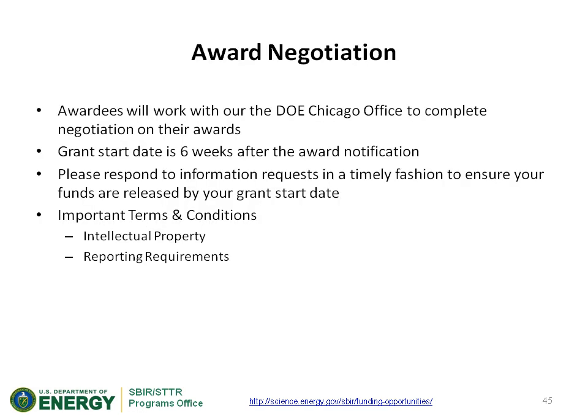I guess once you are selected for award, as I mentioned before, you'll work with our Chicago office to finalize the award. They will review your budgets, discuss issues with you such as overhead rates. And typically, once you're notified, the grant would start about 6 weeks after your notification. In order for our Chicago office to process your grant in a timely fashion, they will ask you questions, a little more information about your budget or budget justification. So please respond to them in a timely fashion so that you do get your money and it's available on the grant start date.